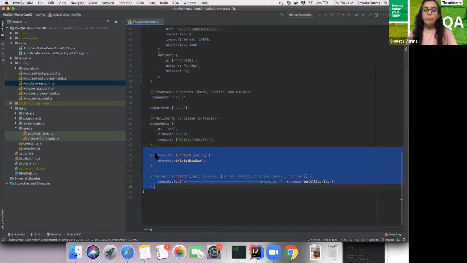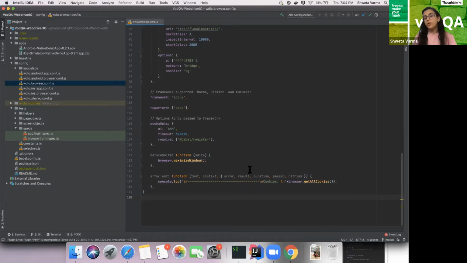So we can have before suite, after suite, or before test, after test. There are multiple flexibility features here which you would like to have as per your need. So I have just done that before the suite, the browser should have the maximum window size, and once the test is executed, in the after test, I would like to log all the cookies which are there in the browser.